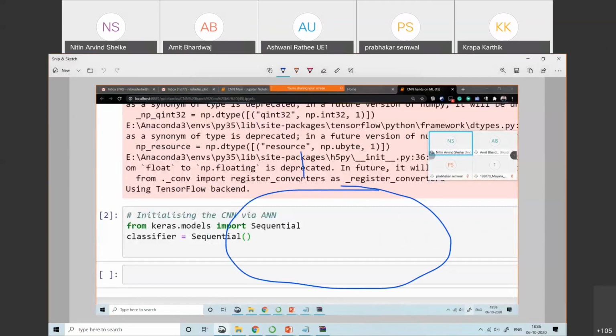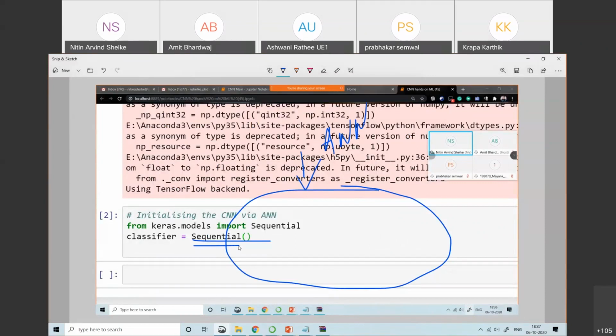Now we will add different layers to create the convolution layer. It is the same process for every deep learning model. We first create the ANN model, and then we add the layers accordingly.